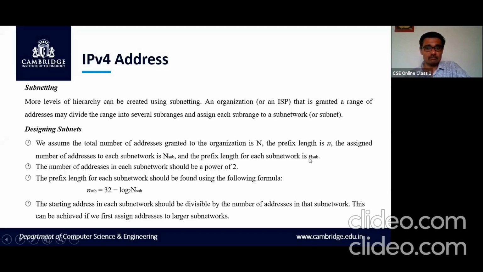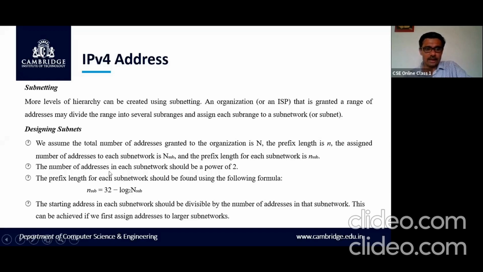Small n sub is the prefix length of the subnetwork, and capital N sub is the number of addresses for the subnetwork. That is, for computer science, this will be 250. For information science, this is 60. Similarly, here we have to decide how much it is. Roughly, we can decide this. We'll see how to decide that later. We'll work out the problem.